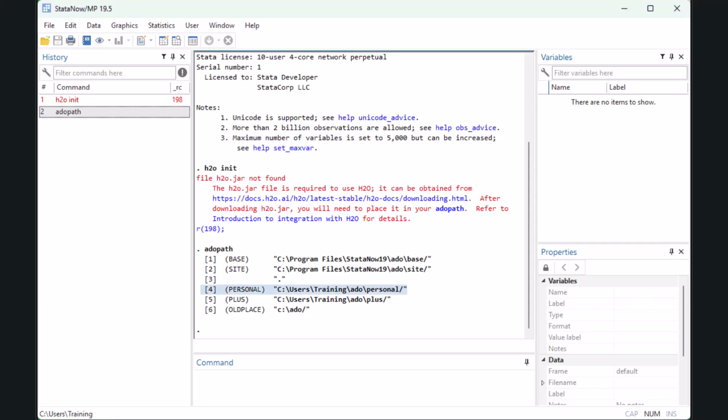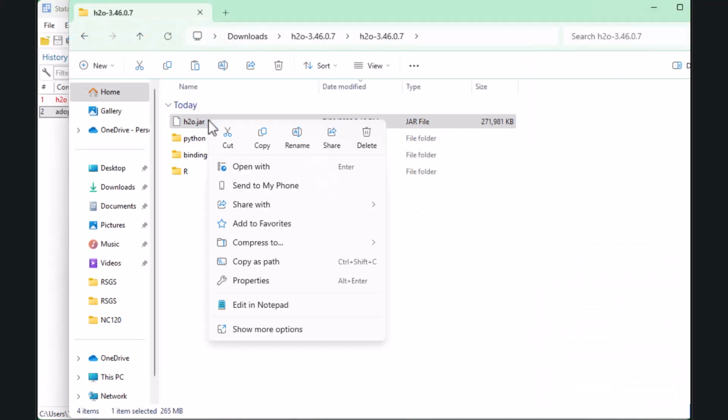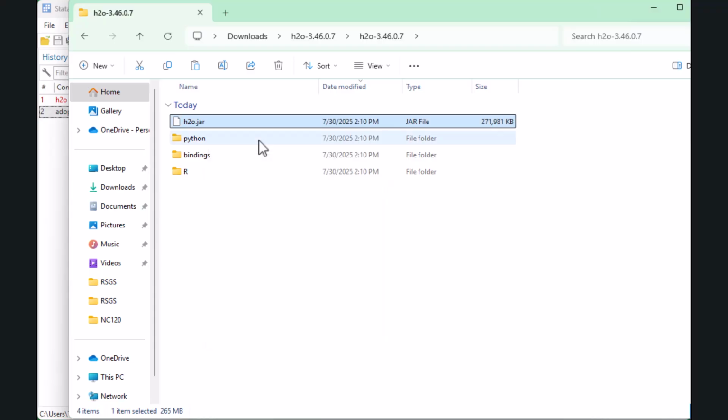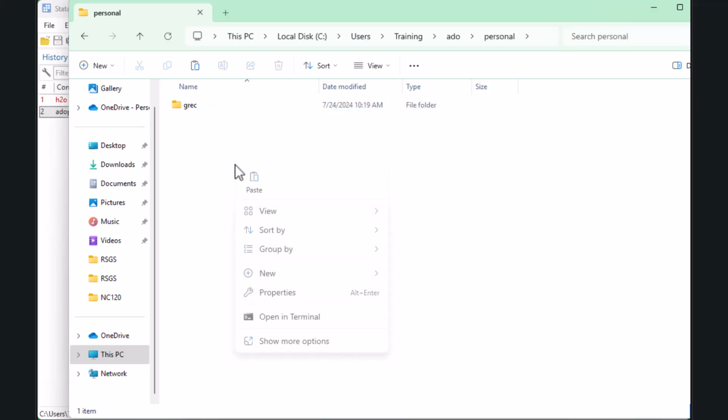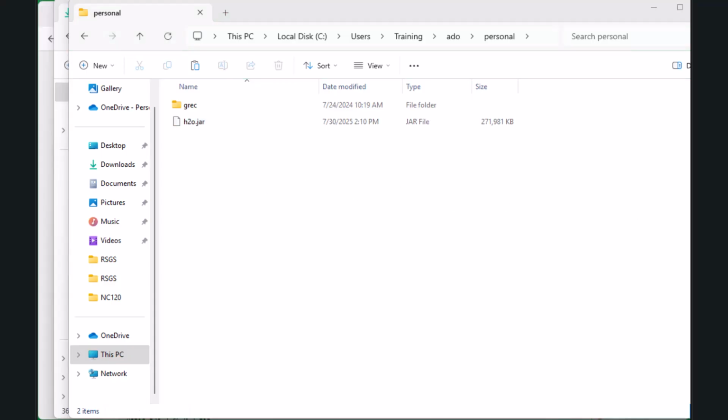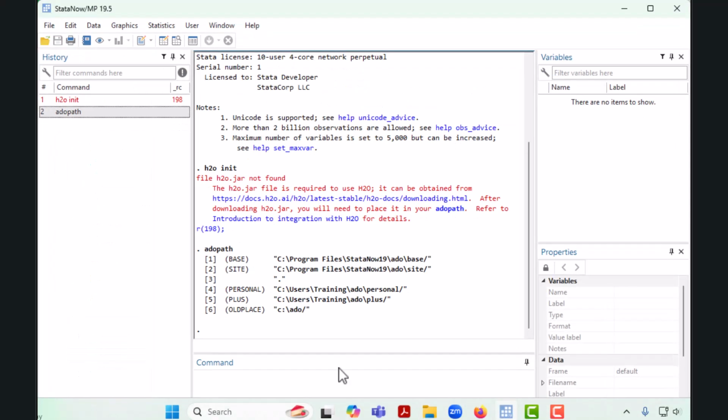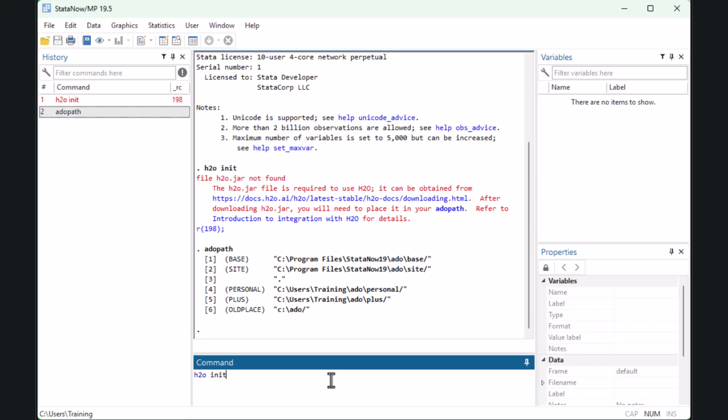When the jar file is placed along the ADO path, H2O will use it directly to start a new local cluster. Now we can successfully run the original h2o init command in order to start a new cluster.